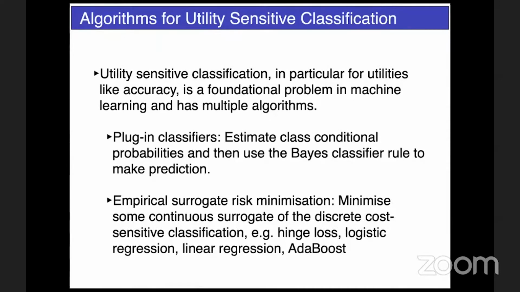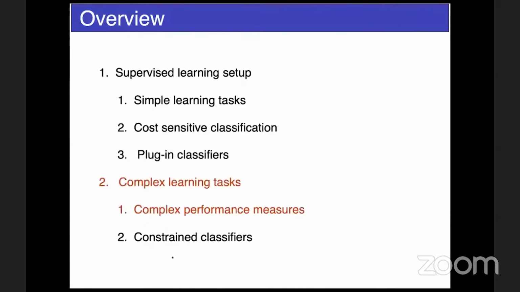Recall the title was from simple to complex. So these are simple problems mainly because there is, at least in principle, a way to get the right answer. The right answer is the Bayes classifier, and there is in principle a way to get it. That's why these are called simple problems. Fine. But the title was simple to complex objectives. So what's a complex objective? We'll do that now.